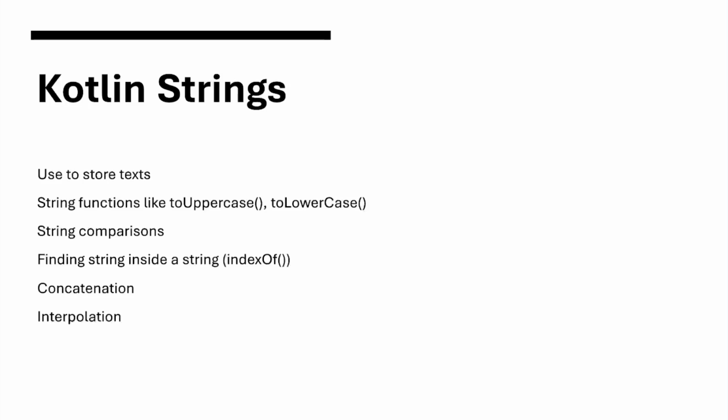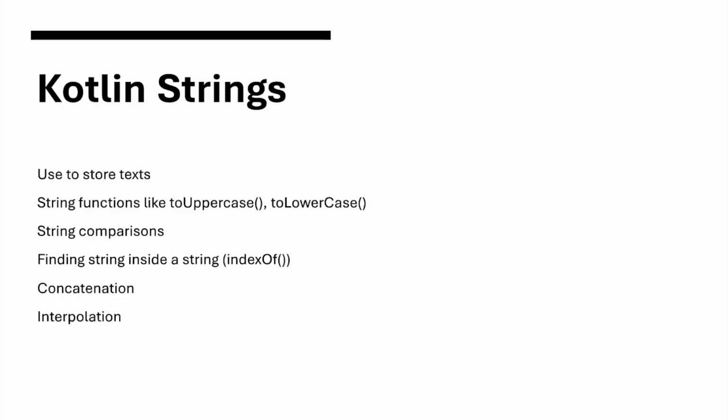So, what is a string? In Kotlin, a string is a sequence of characters enclosed in double quotes. It is used to represent a text. For example, if I write val greeting = "Hello Kotlin" with double quotes, it will be regarded as a string. So it's just a simple line that creates a variable and you can assign a double-quoted text into it,